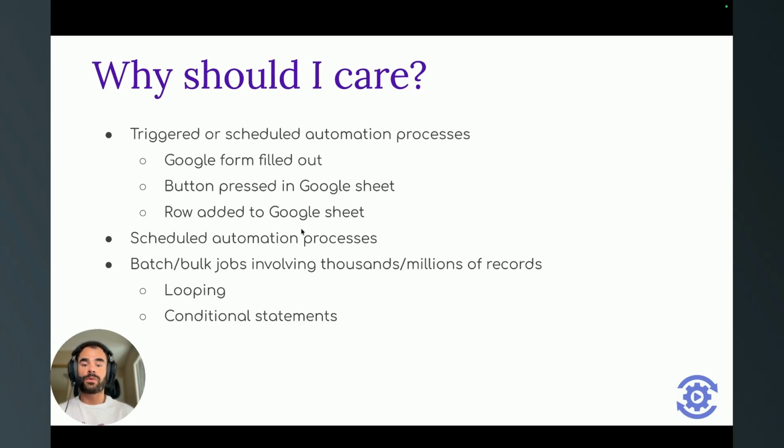And then the last example of why it's useful. These first two are triggered or scheduled automation, but this last one is for batch or bulk jobs. A great example is the 13,000 duplicates I just mentioned, because instead of having to manually merge these one by one in the graphic interface, I could bring all 13,000 records as a CSV into a Python script, and then I could loop through each pair of duplicates and merge them according to custom rules.